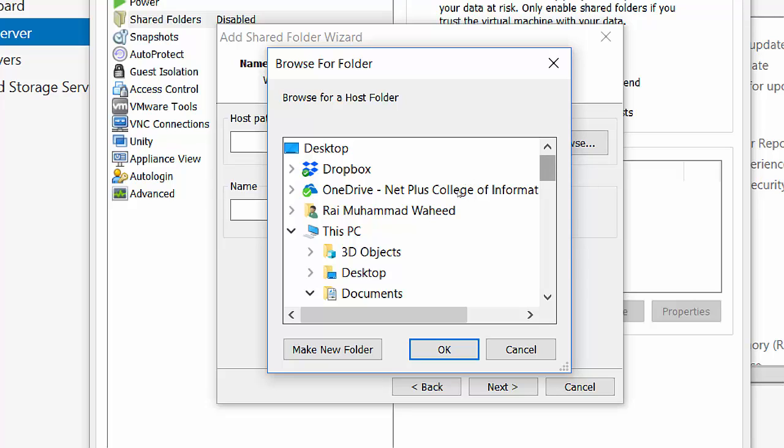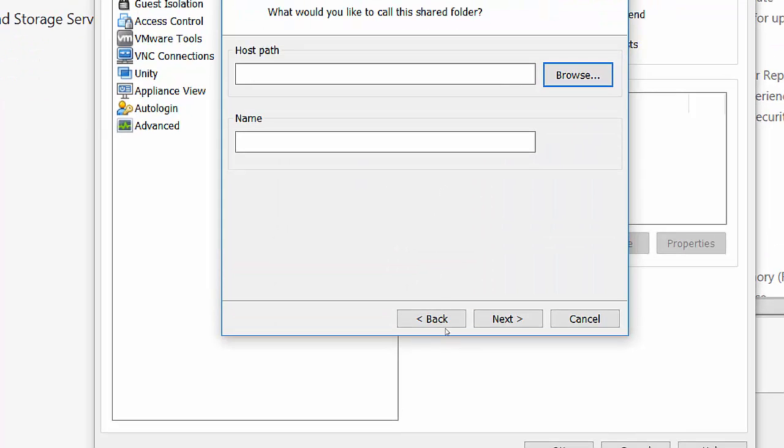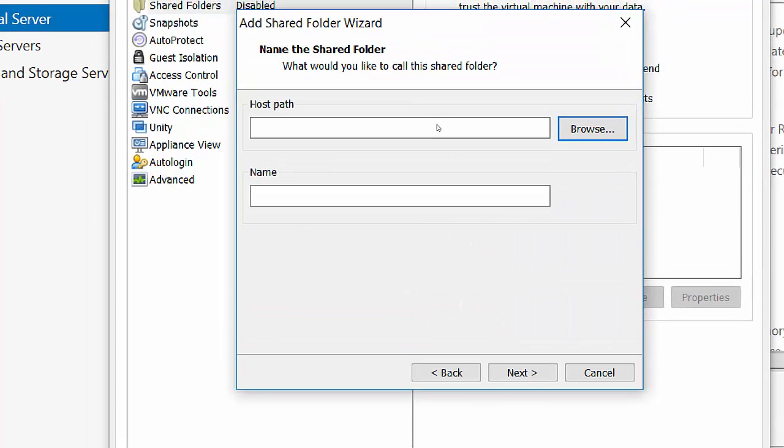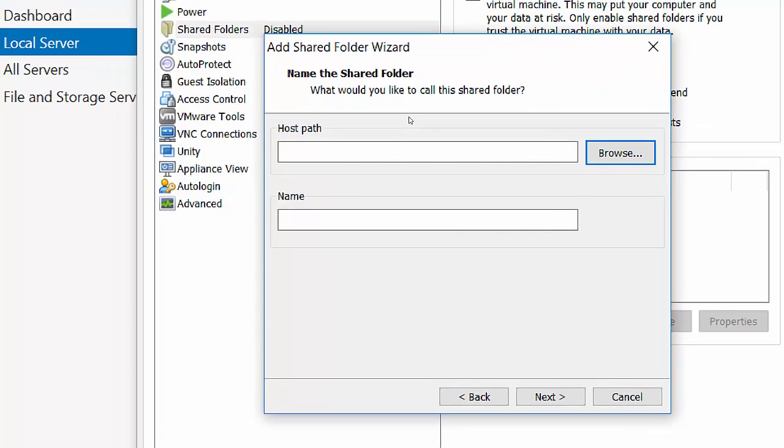and where are you on this page? So just click on browse